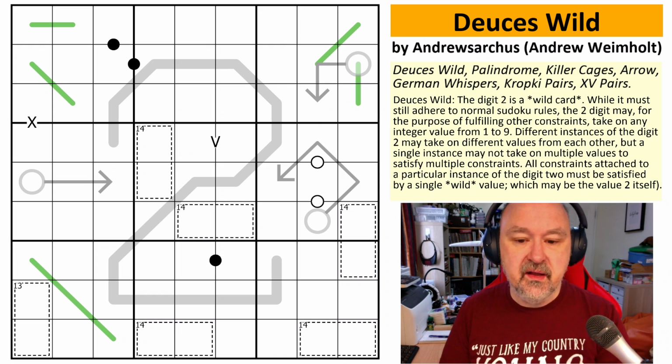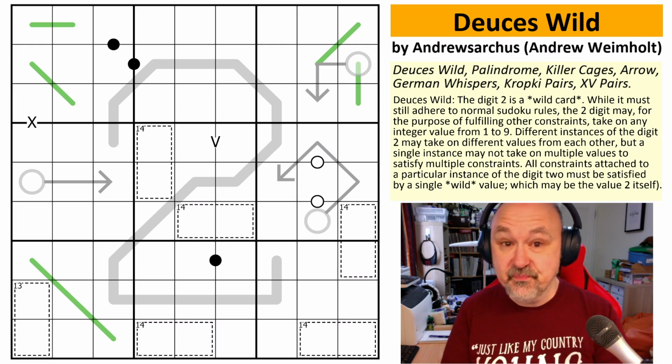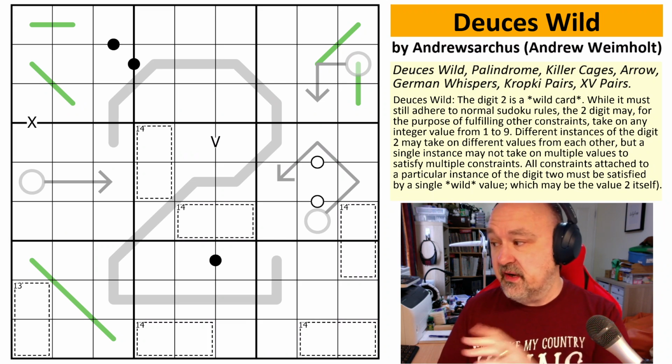So yeah, this is a puzzle called Deuces Wild. And the reason it's called Deuces Wild is because twos are wild. And this blows my mind a little. So the rules that I've put up on screen,